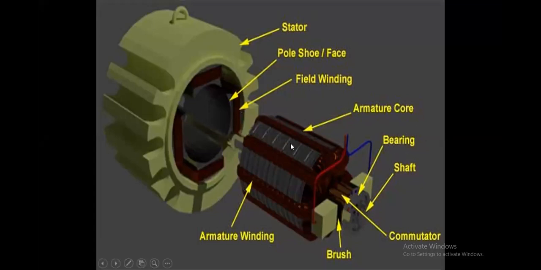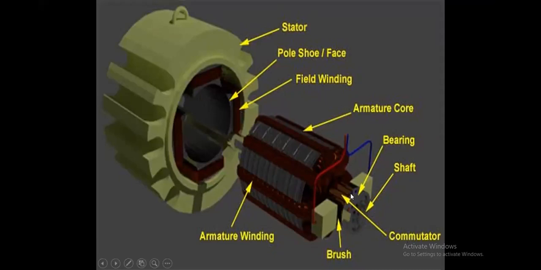Now, this is the armature core, which we also call armature slots, on which the armature winding is placed. Bearings are for support and for a smooth rotating mechanism, and to hang the armature in the frame of the motor. For that purpose we place two bearings in motors, one at the start and one at the end. This is the shaft, on which the mechanical load that we want to run by the DC motor can be placed.